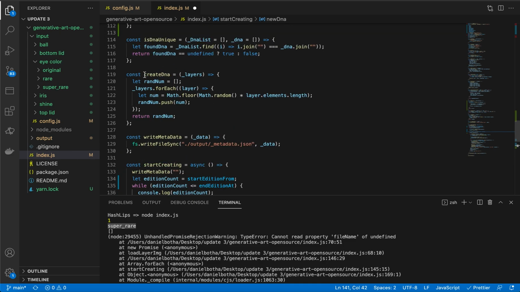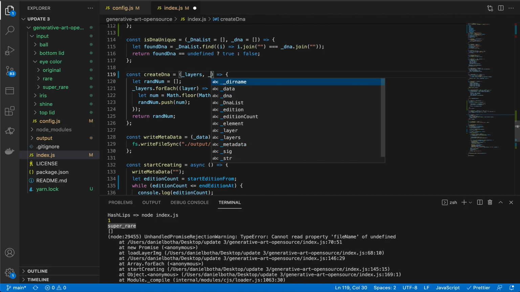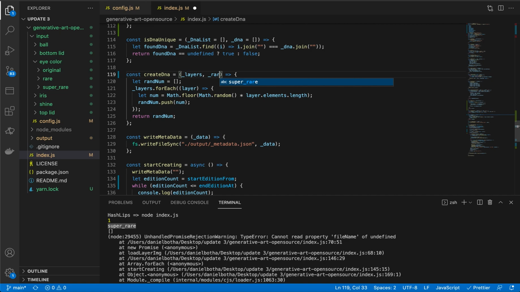So if we go up to the create DNA up here, we also need to now import the rarity as an argument. And then inside here, because this is going to be an actual keyword, right? It's actually just a string. We want to append it, and the only place where we want to append it is in this line over here. After the elements, you put these brackets and you place the rarity. What do these brackets do? Well, basically, what we are saying is